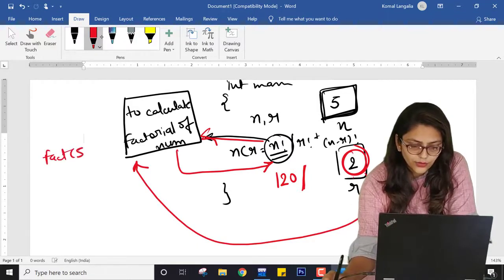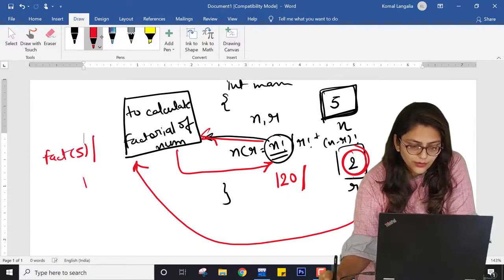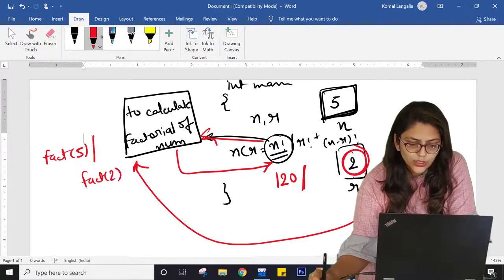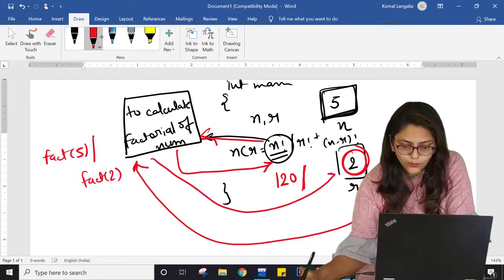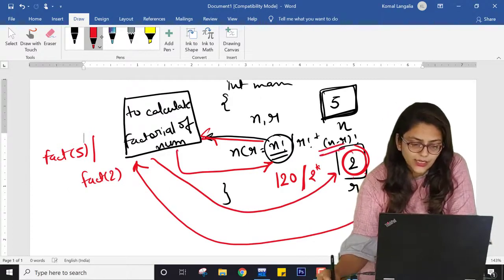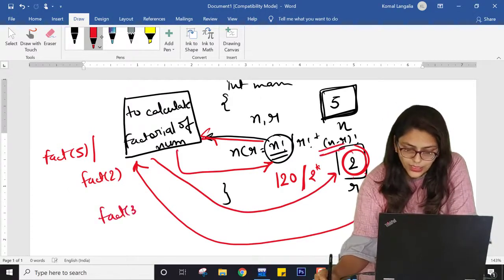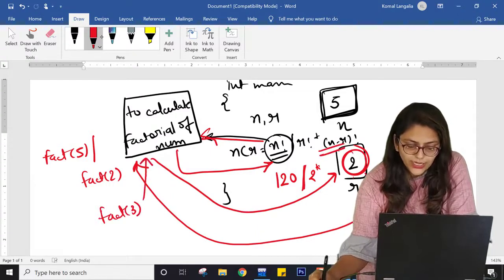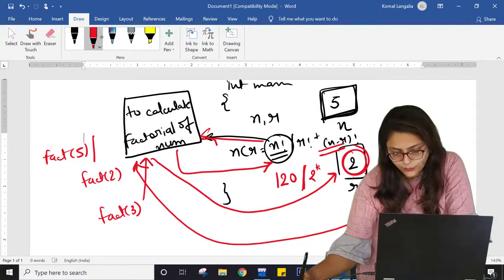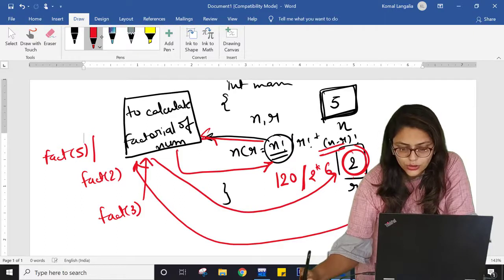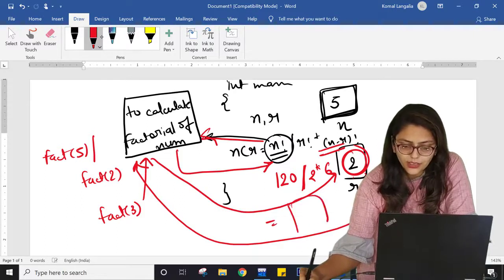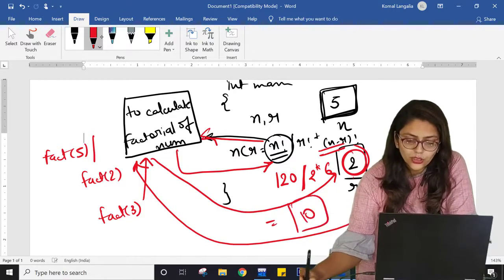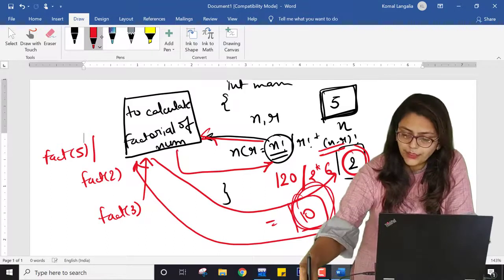Fact of 5 divided by fact of 2. So it will return 2 over here. So 2 into fact of n minus r, that is fact of 3, it will give 3, and it will magically calculate and give 6 over here. So now if you calculate this, answer will be 10. So now 10 will be printed.